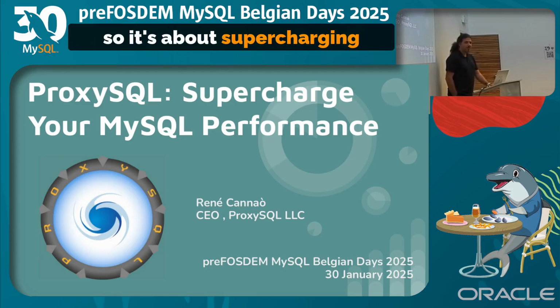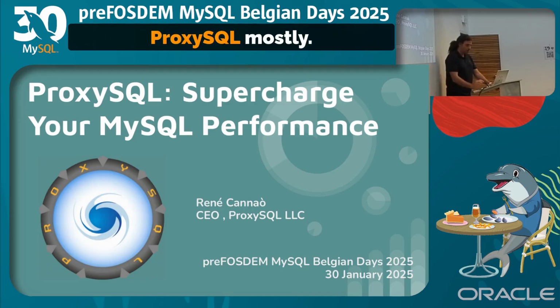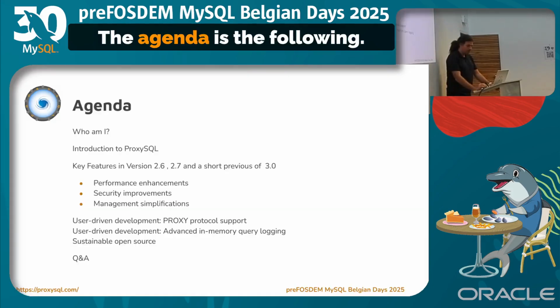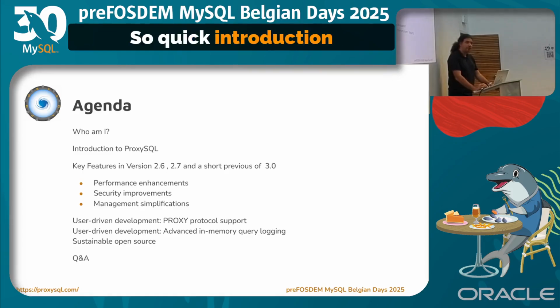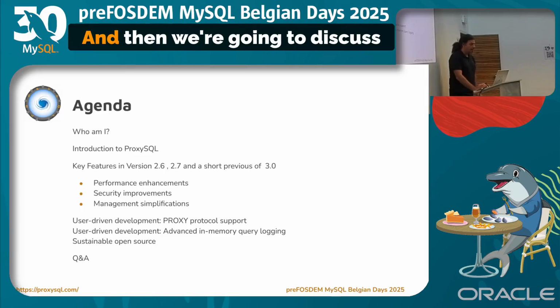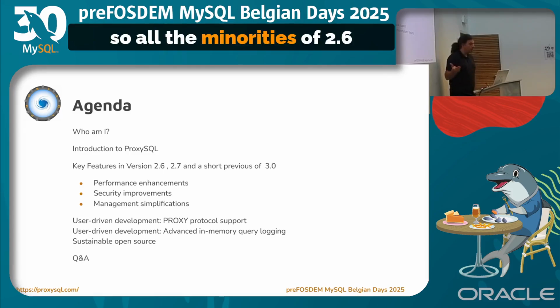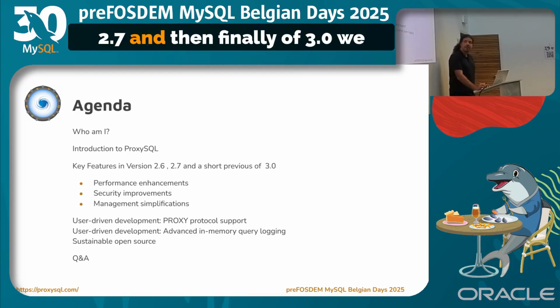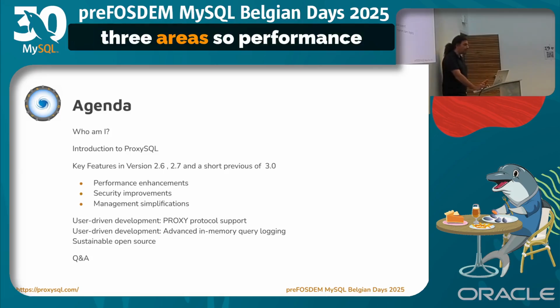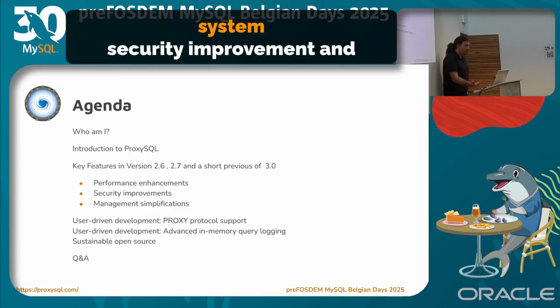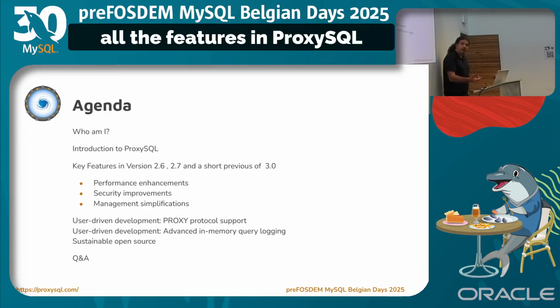So it's about supercharging MySQL performance using ProxySQL. Mostly the agenda is the following. A quick introduction about myself, then a quick introduction about ProxySQL, what it is and what it's used for, and then we're going to discuss key features introduced in ProxySQL 2.6, so all the minor releases of 2.6, 2.7, and finally of 3.0. We are going to focus mostly on three areas: performance enhancement, security improvement, and all